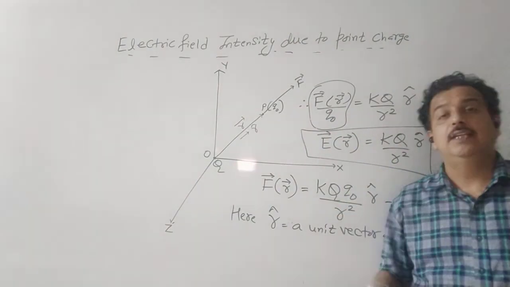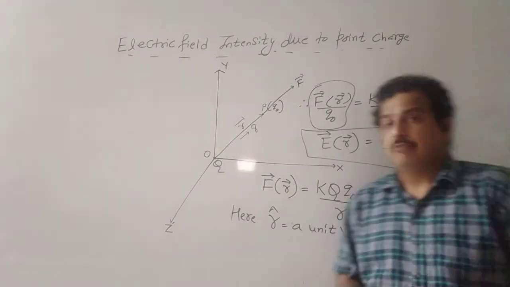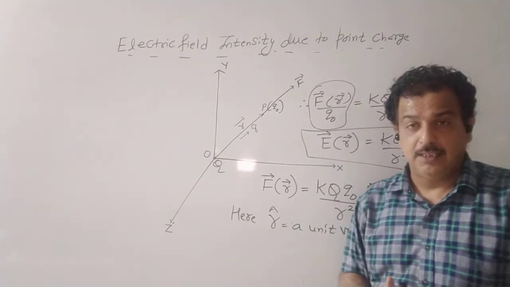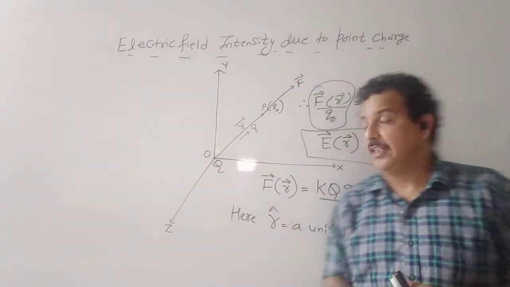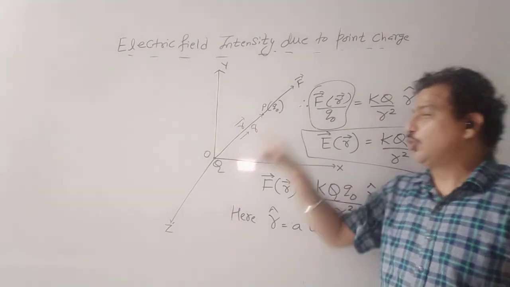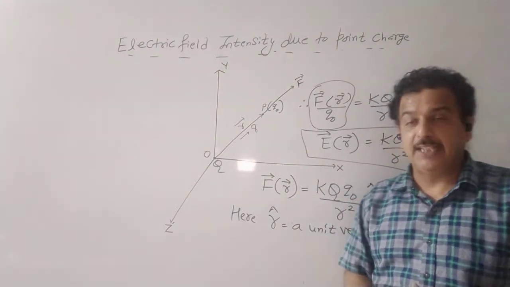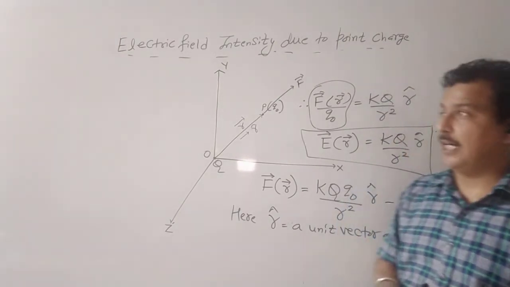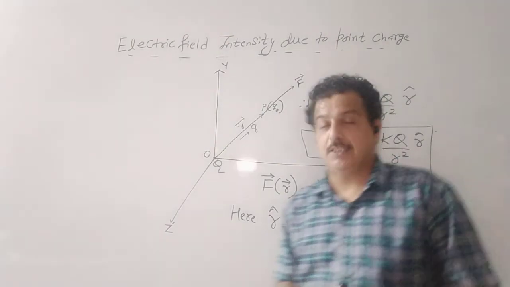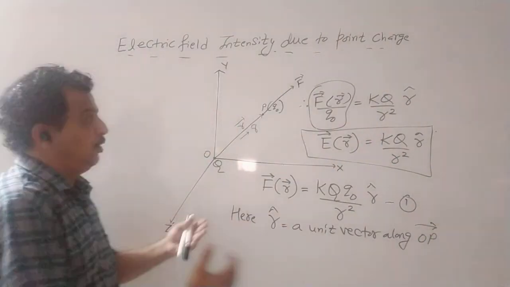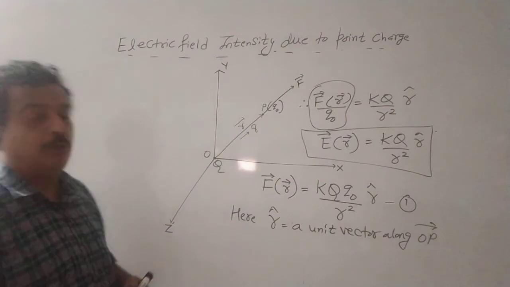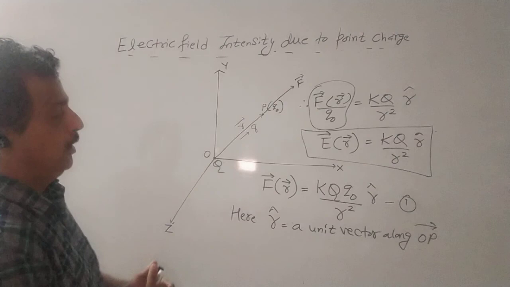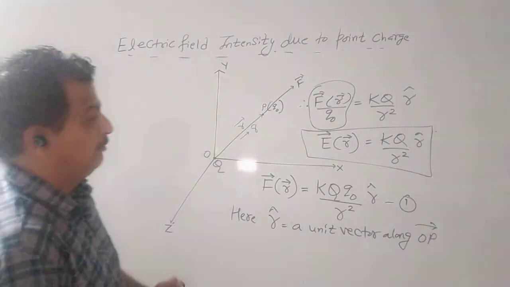Now we have many assumptions, or we have to consider some points regarding the electric field intensity. One of the points that we will discuss is why the test charge should be as small as possible and why the test charge is being referred to as a unit positive charge. So that we will be discussing in the next lecture, where we will study the characteristics of electric field intensity. So we wind up our lecture today with this expression.